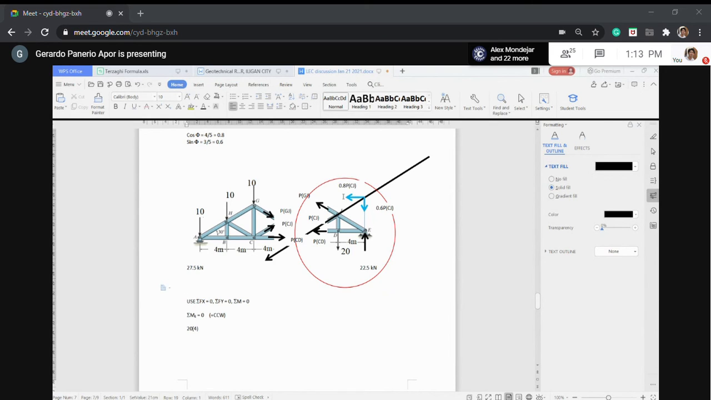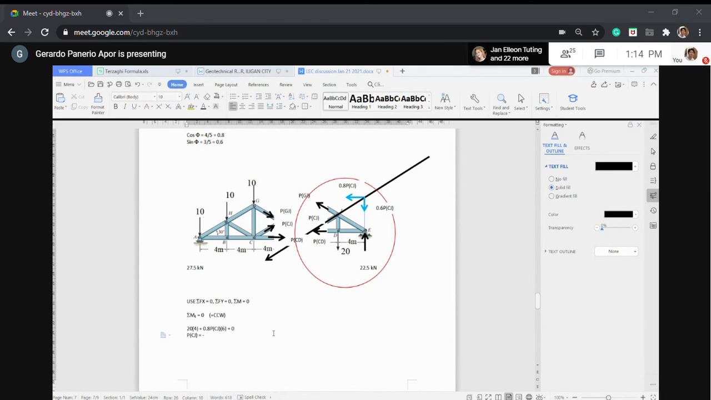So if I'm going to break it here, I have this one rotating about A positively. So I have positive 0.8 PCJ. How about its moment arm? The moment arm is this one, so it will become 6 meters, equal to 0. Okay, PCJ, from that equation you can solve it as PCG is equal to